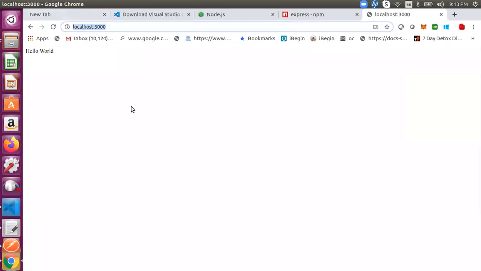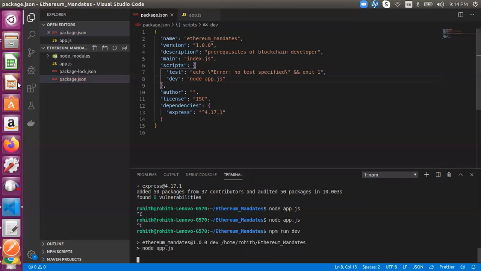So far we have created our web server. Our first task is done. Now I want to create some front end and connect to this web server. For that, I need to create a sample HTML page. For creating a sample HTML page, I will create a new folder so that all my HTML pages will be in this folder, in order to identify which is the server. So I'm creating a separate folder.